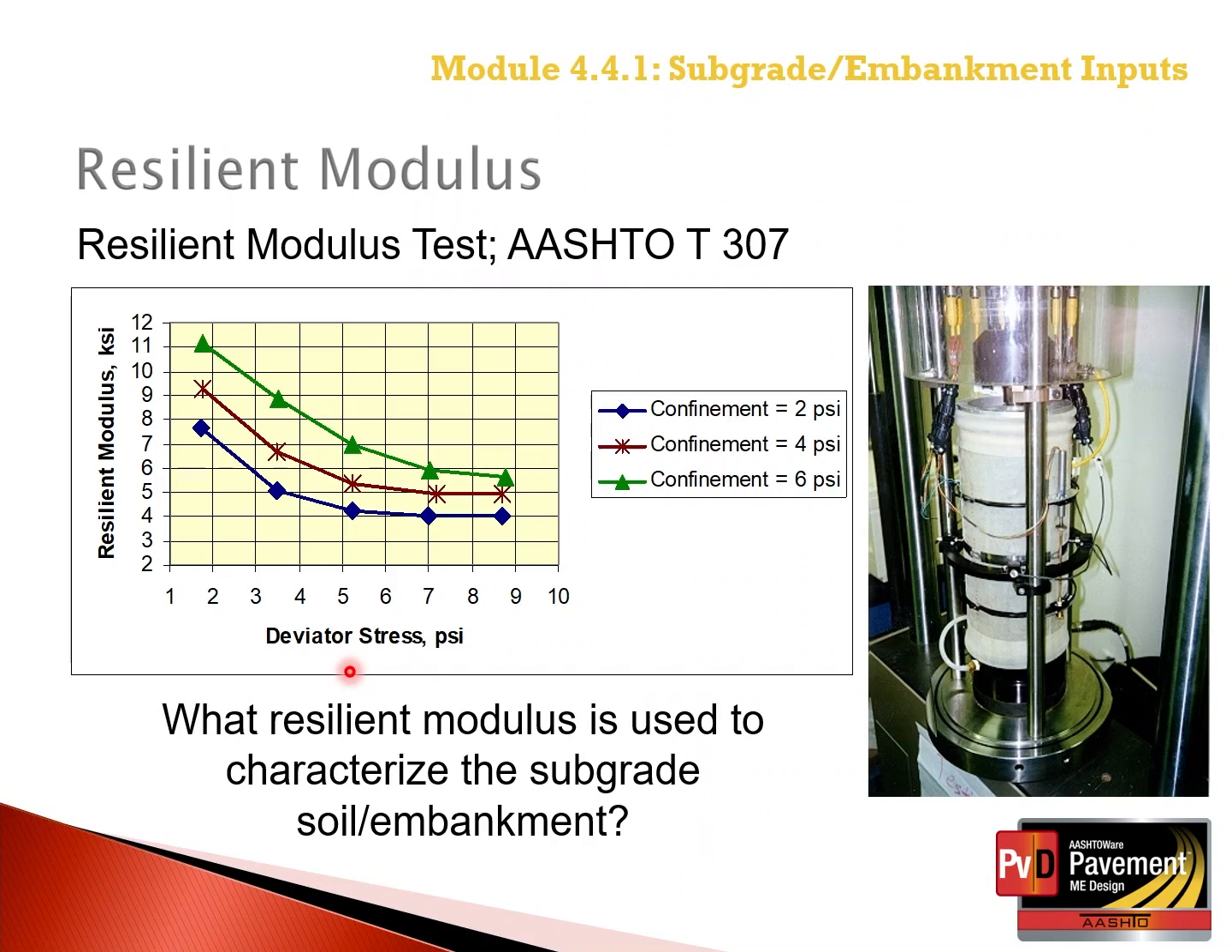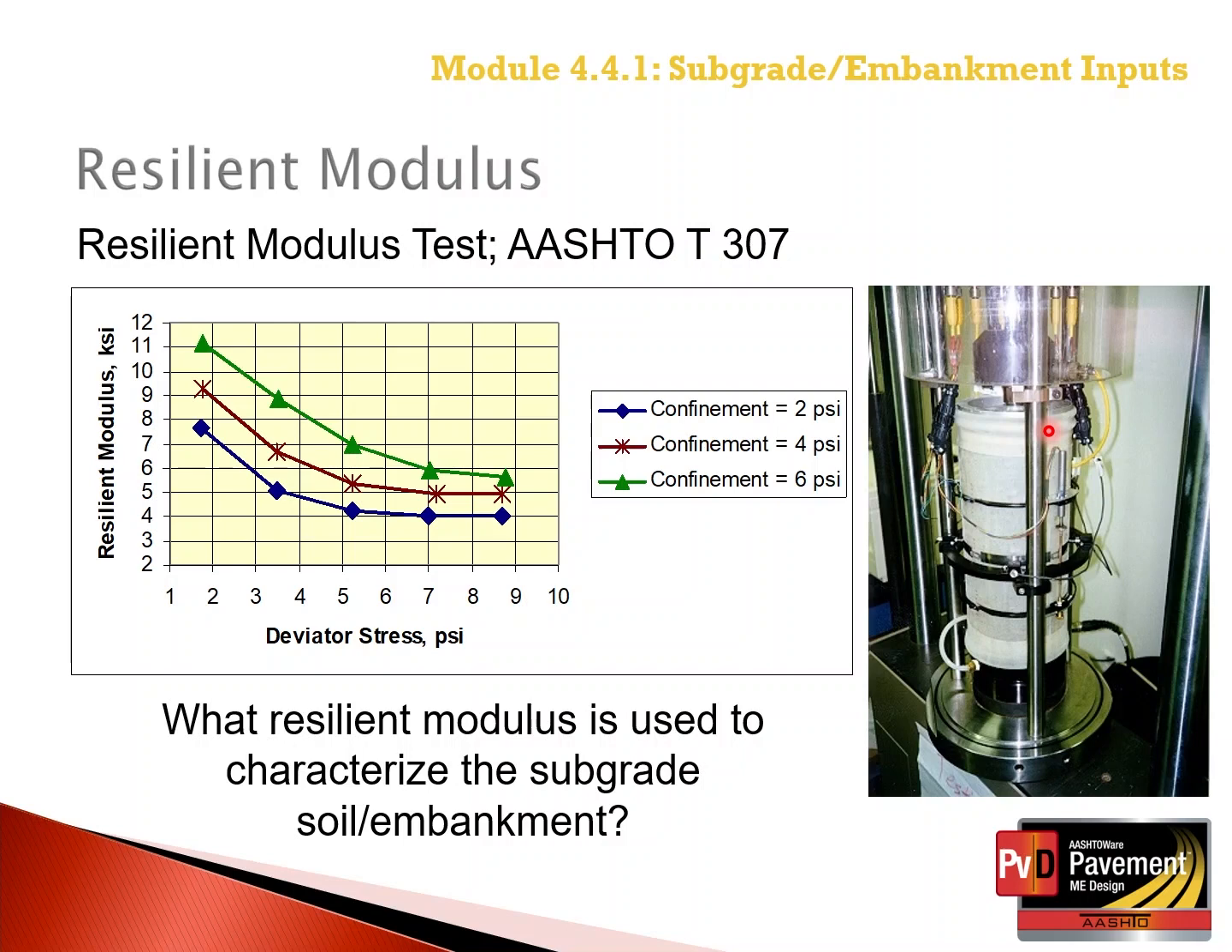So there are, as noted previously, between 12 to 15 resilient modulus values from the repeated load resilient modulus test per AASHTO T307. So which value should be entered or used in the pavement ME design software? The procedure used to determine that design resilient modulus